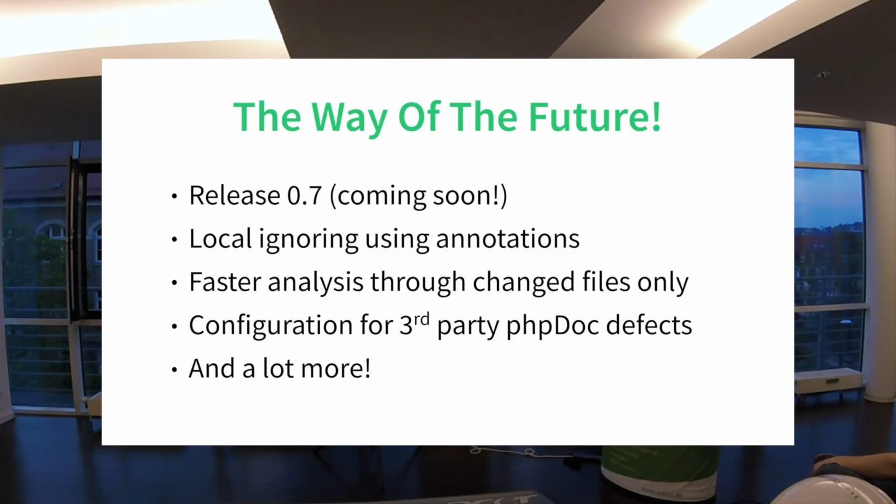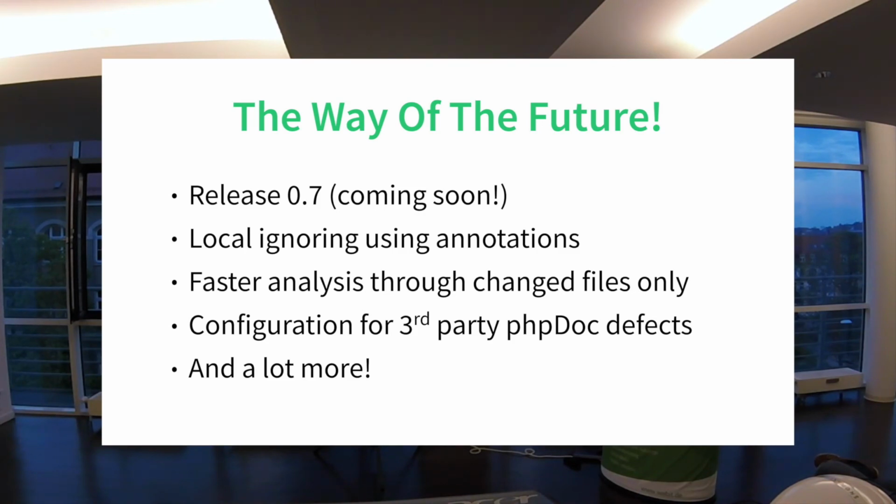Also, I have some ideas how to make the analysis even faster, so that it can look at Git history and analyze changed files only. But it's not as easy as it sounds, because I can't analyze only changed files, I also have to analyze their dependencies. If we change one file, we can actually break a different file that wasn't changed, so it's not that easy. And I would also like to enable configuration for third-party documentation defects,